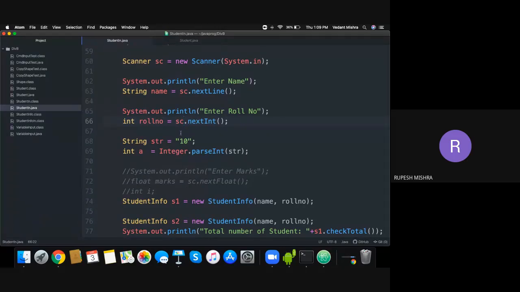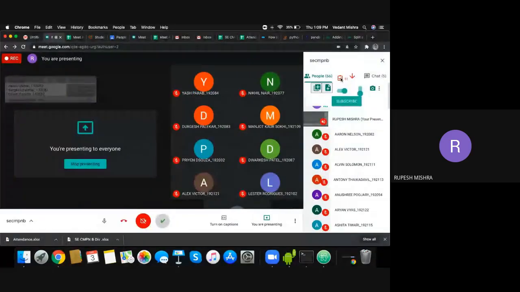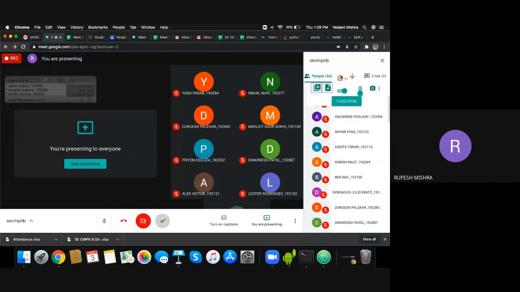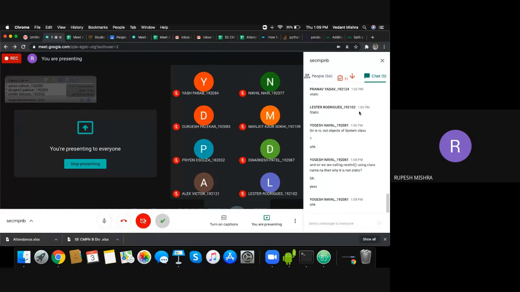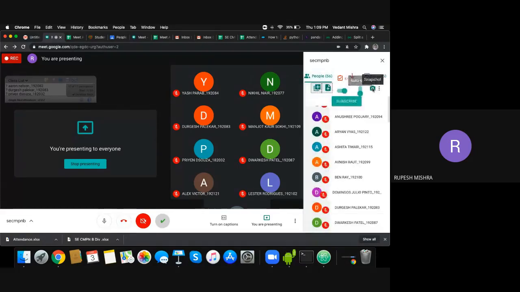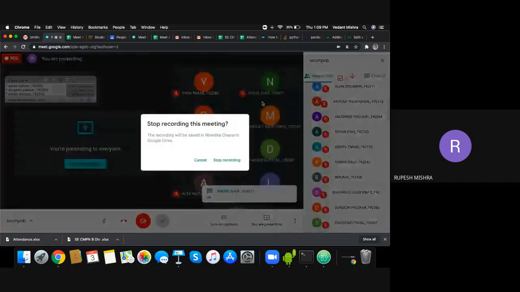Anything else? We still have 1 minute left. If you have any other question, then ask. Okay, so no problem about static. Next time we'll learn about final. Not the final method, it is a keyword, just like static. It is a keyword given